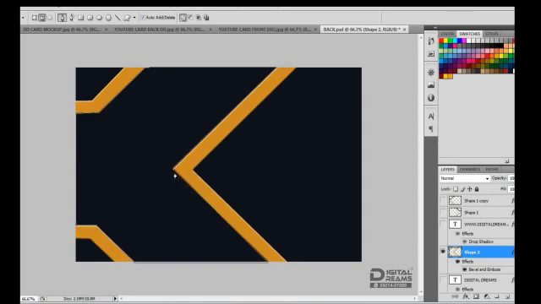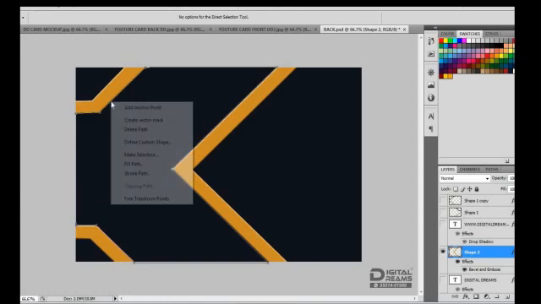I just overlapped, so I can press A, and we can manipulate the path. Now it's okay, and I press A, bring up your direct selection tool, right click on the